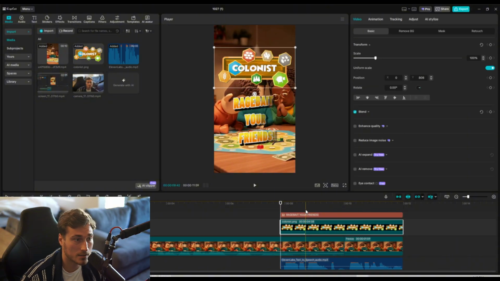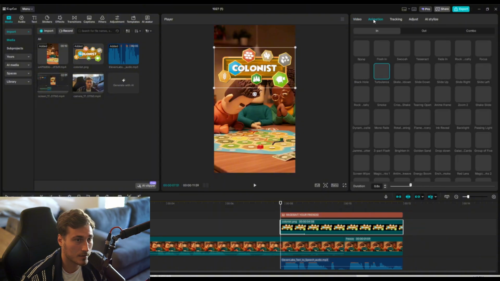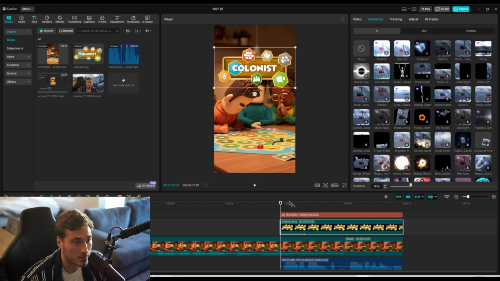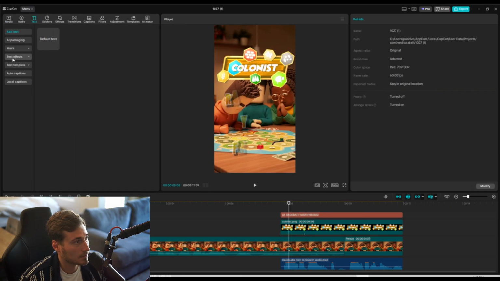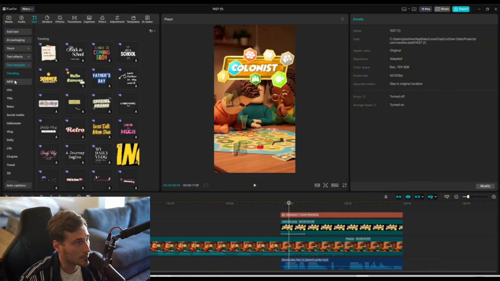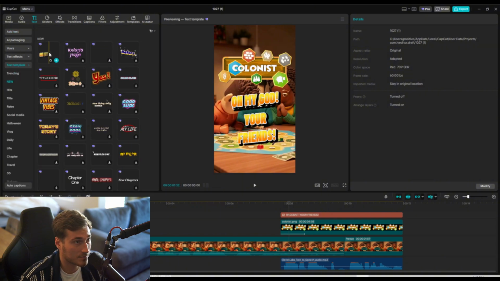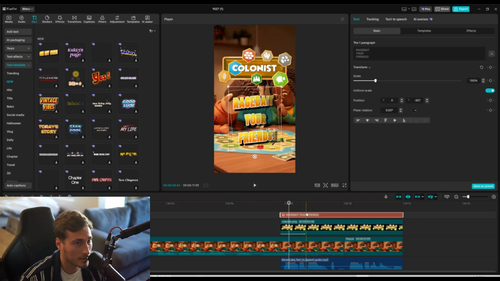Then I added the Colonist.io logo, which you literally just drag and drop into this screen, and then you have access to it in the timeline. I went to animation, and then I clicked the turbulence animation, and that's what makes it jump around. For the text, all I did was I went to text and then text templates, and I clicked new, and I just grabbed this first one, stuck it in here, and changed the text to rage bait your friends. So the way it came together,